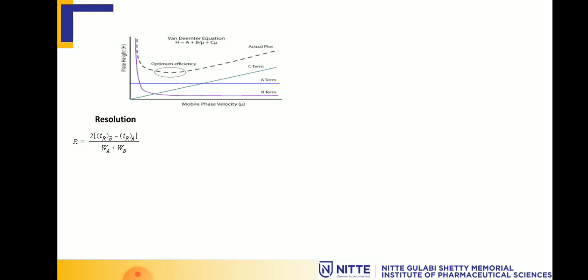So this is how you get the calculation of resolution, right? And the usefulness of resolution is related to the number of plates in the column, and the selectivity factor and the retention factor are the two parameters which can be calculated with this. So let us come to what the selectivity factor is. The selectivity factor can be manipulated to improve the separation, and it can be calculated by